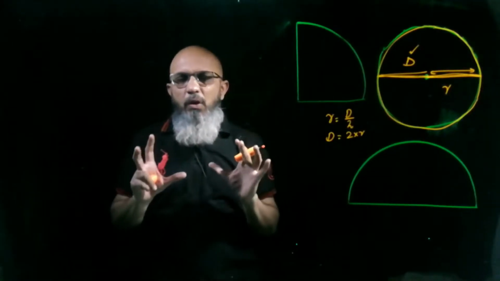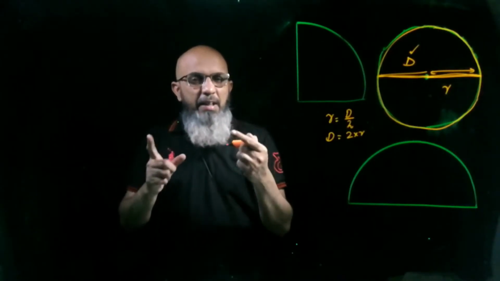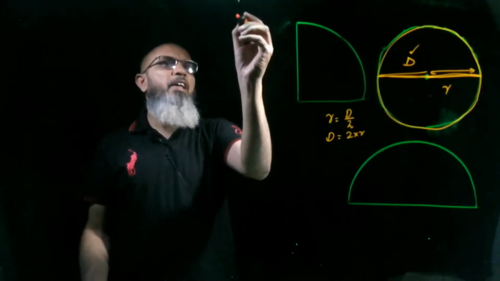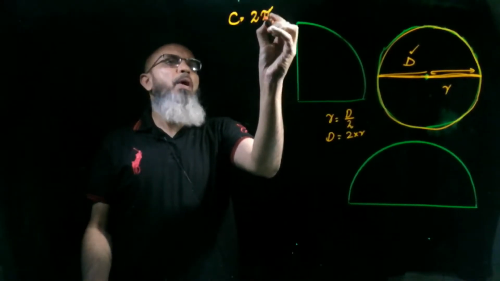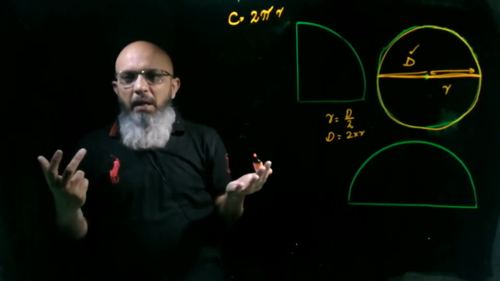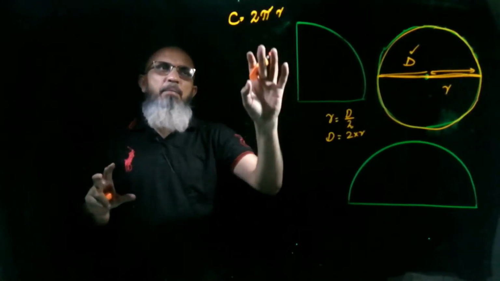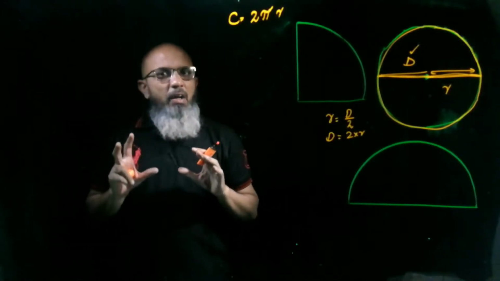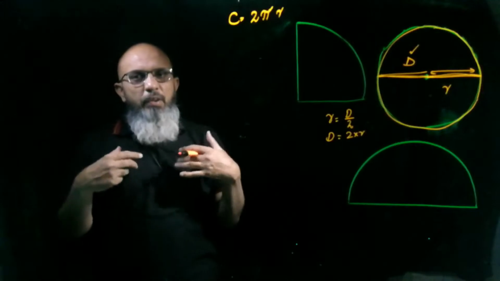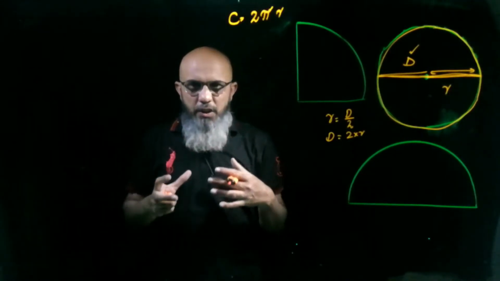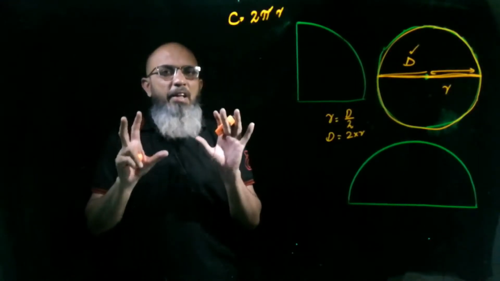So what is the formula to find the circumference of a complete circle? If the radius is given to you, I will write here, C is equal to 2 pi r. Now what is pi? I told you in the regular lectures of this unit that pi is a constant value, and I did an activity on how to find the value of pi. It's a revision, so I will not go into detail.